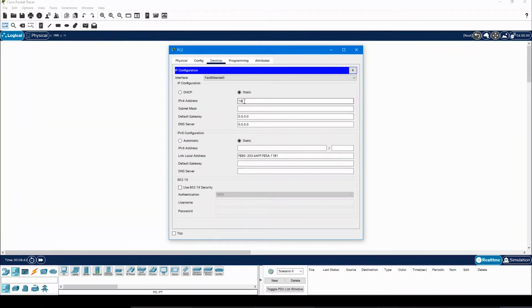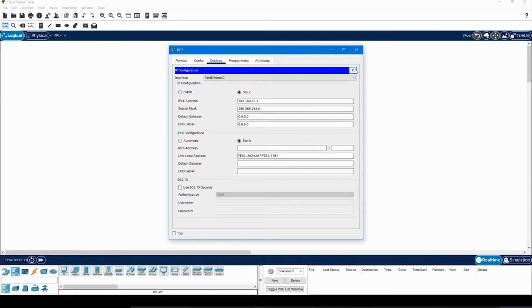So we will type the same 192.168.10.1 and just click outside. Once you enter the IP address, the default subnet mask will automatically appear. You see 255.255.255.0, which is the default subnet mask of a class C IP address. So it automatically identifies the subnet mask and fills it in for you.